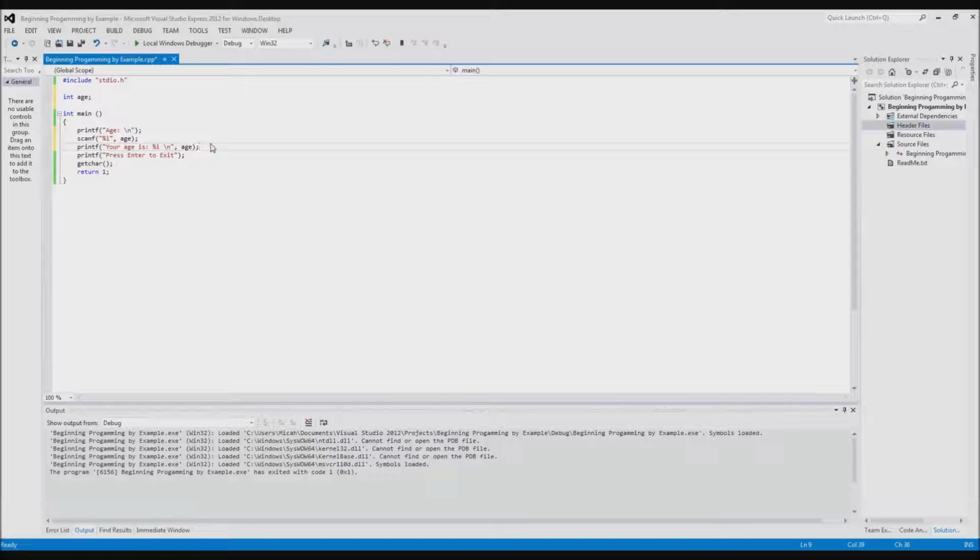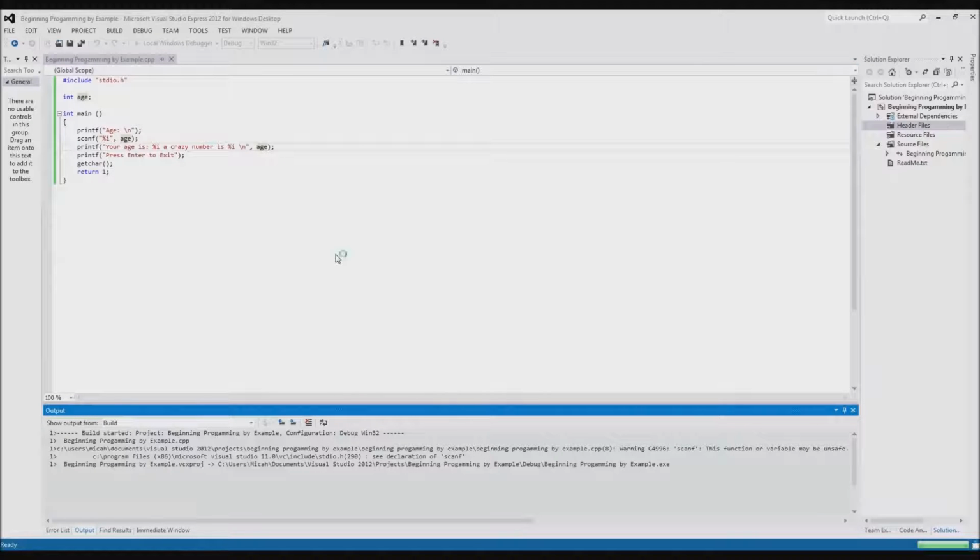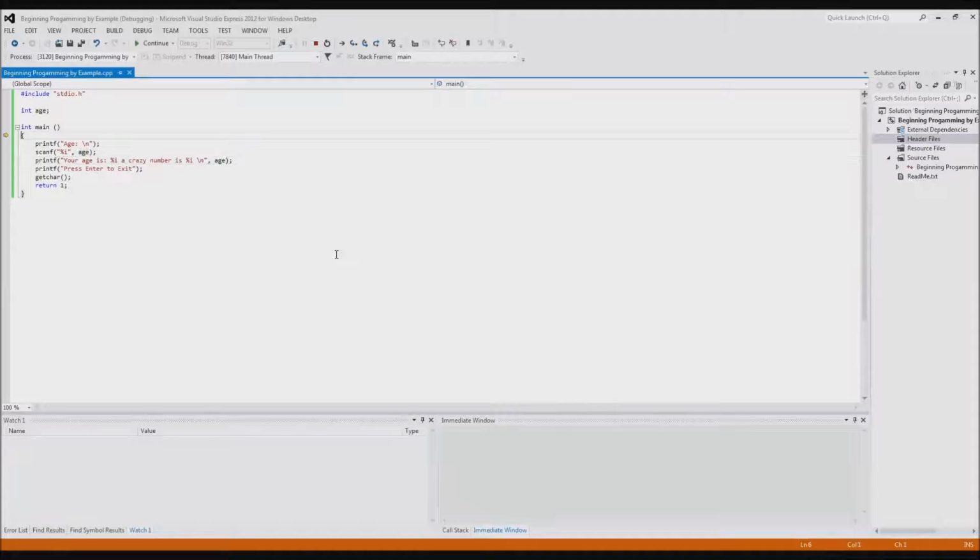Now, it's worth noting that if you had more of these, such as if you had 2 integers, which we can actually do just for fun, a crazy number is... okay, well, things just happened. Anyways, a crazy number is, and I was going to change this to,